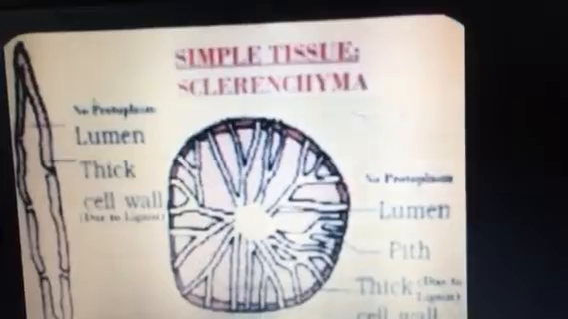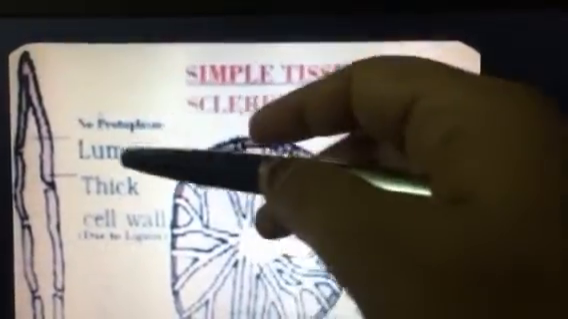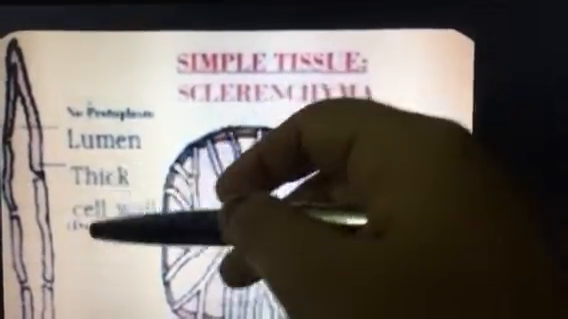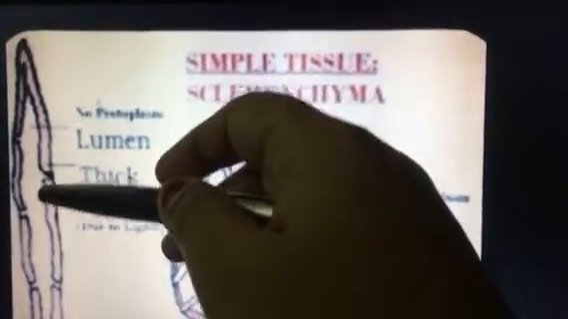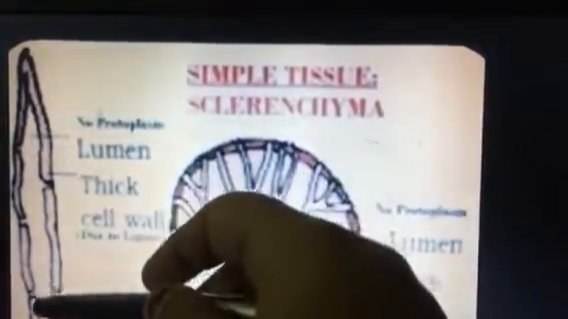Fiber is of a different shape. It is an elongated spindle shape, and it has a lumen. Lumen means a space. The cell wall is thick, very thick, because of deposition of materials. Now coming over to